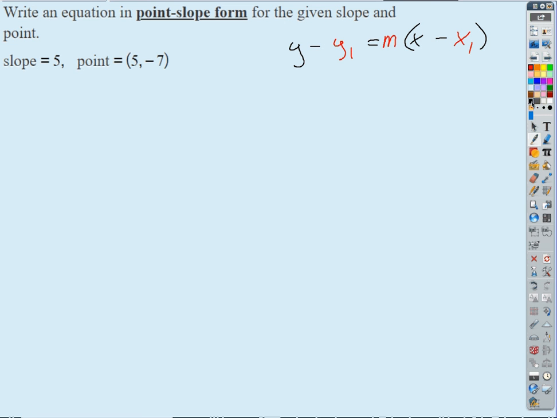So what would we get in this case? We would get y minus, okay, so that's going to make that a y plus 7, right? Equals,